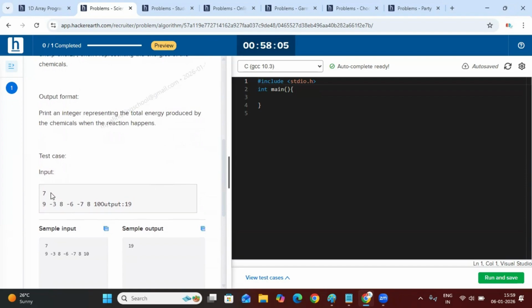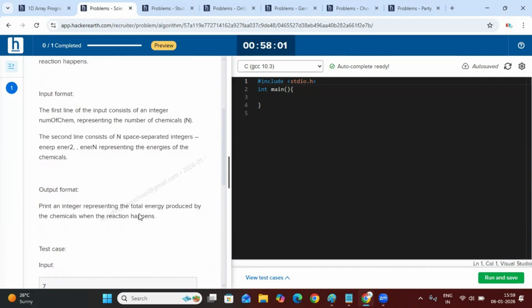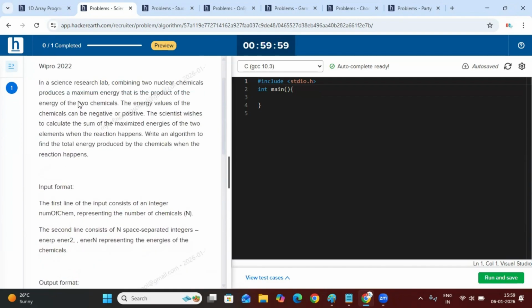Size is 7. You can take the 7 elements, then output is 19. Why it is 19 means, in a science research lab, combining two nuclear chemicals produces a maximum energy, that is the product of the energy of the two chemicals. To produce a new energy, the highest energy, if you want to create the highest energy, then you can add the two